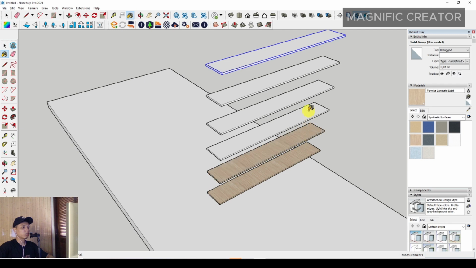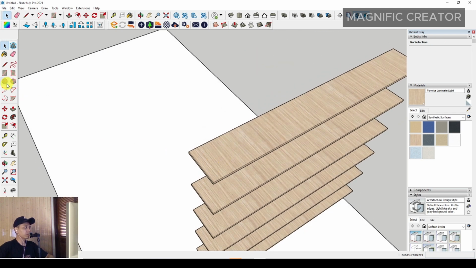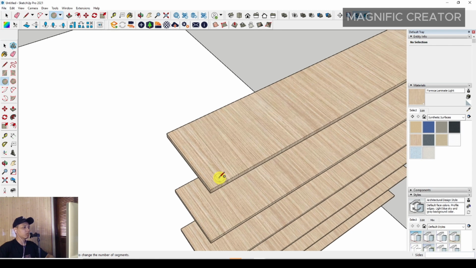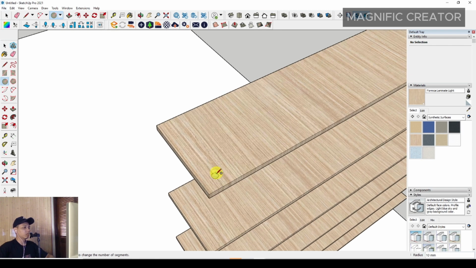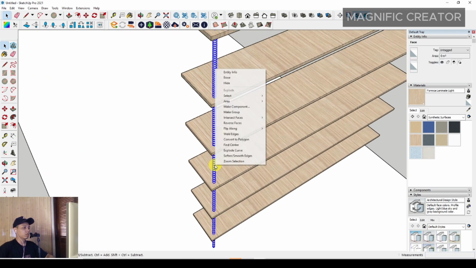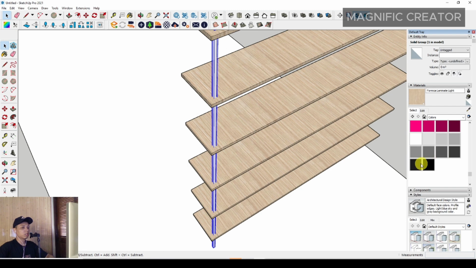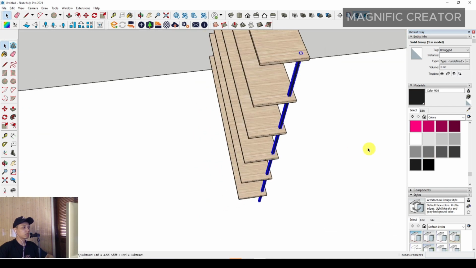then you can assign all of the material. Okay, and then you can make a frame with a steel frame right here. You can give the color with the dark color in this area, and then you can